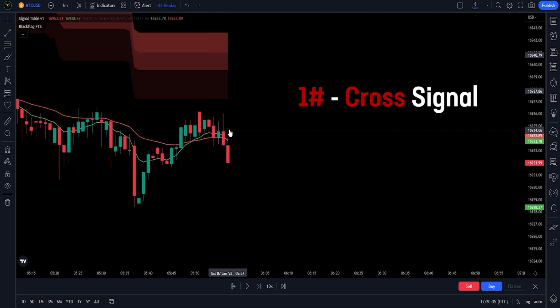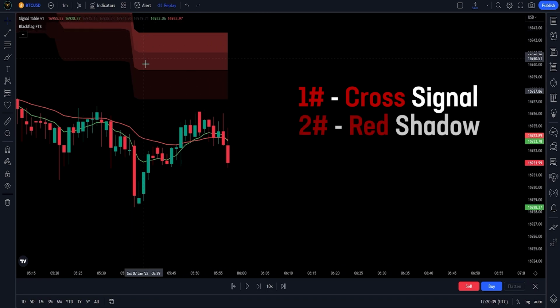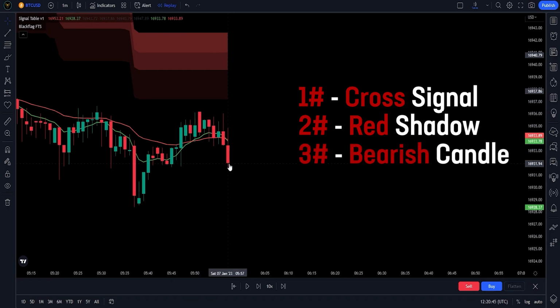like this. This condition is met, and so is our second one, which says that the shadow area must be red colored. Now, for our third and final rule, we need to check if any candle on chart in a 5-minute time frame after our cross signal is bearish. This very first one is, so all 3 of our conditions are met, meaning that we can enter a short